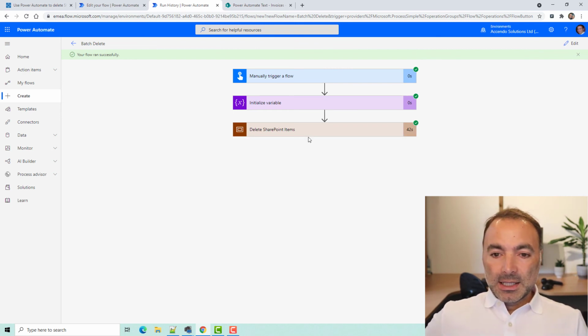The reason that I made this flow is because a few people commented on videos and on my blog, how can I batch delete items, and how can I batch create items? So this video covers the deletion. I've also done a separate flow for creating items, which works really well also. That one is slightly more complicated, so that is going to be in the next video, how to create items in batch. But both provide a significant performance increase and crucially reduce the number of API actions that you will need to use when dealing with large lists.